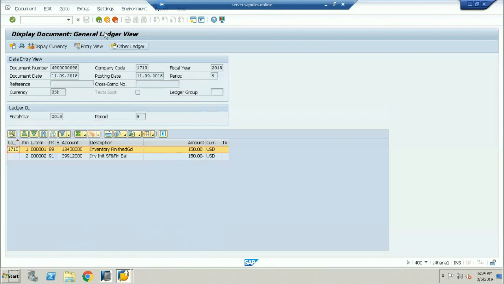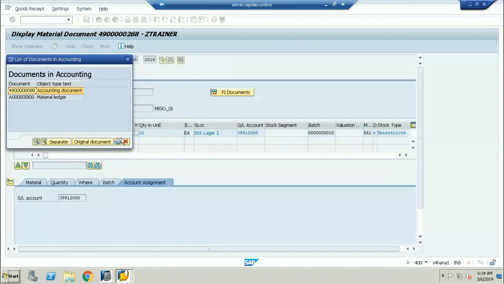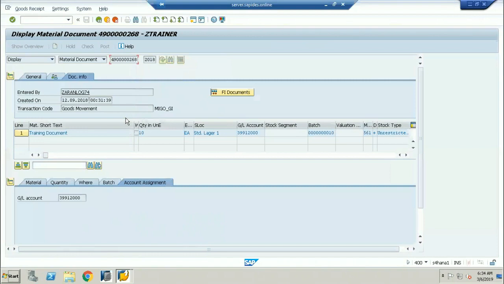Here, if I see here, one second. You are right. One second, sir. This is the transaction we have used, and this is the material document number. One second, sir.